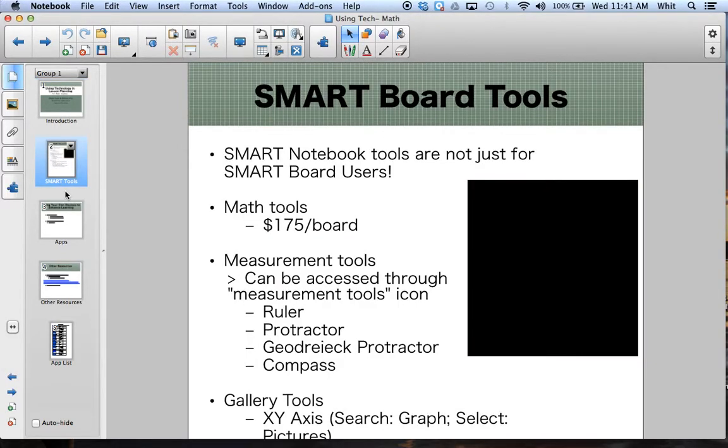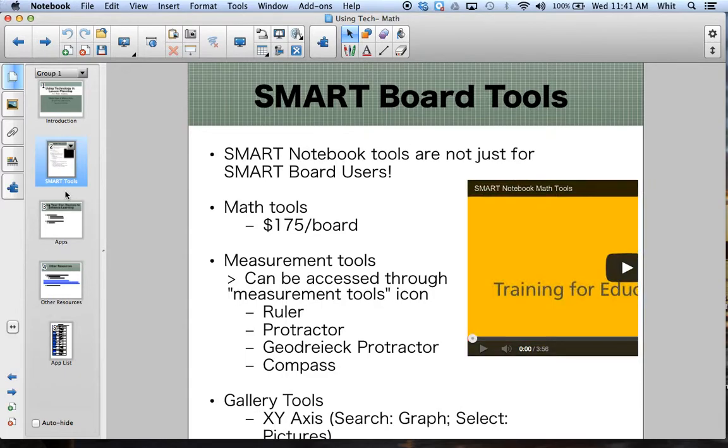So the first thing we want to emphasize is that Smart Notebook tools are not just for Smartboard users. Some of the tools available in the Smart Notebook software can be really valuable even if you don't have that interactive piece of the smartboard. Even if you're just using a projector for your classroom, you can still manipulate the notebook file from your computer, and this can be very useful for your students